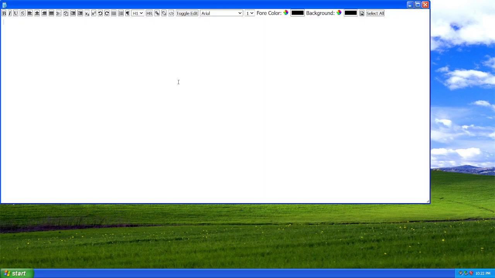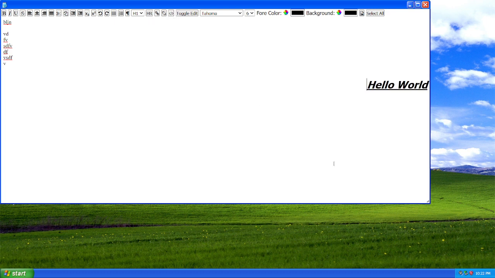Let's open one, and all its features are working. Let's say hello world. Let's edit this a little bit: bold, italic, underline, change the font. Let's change the size.